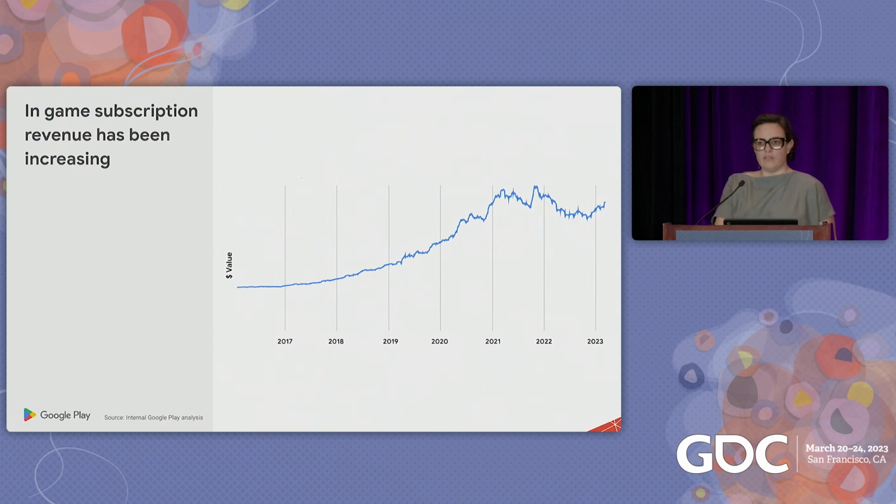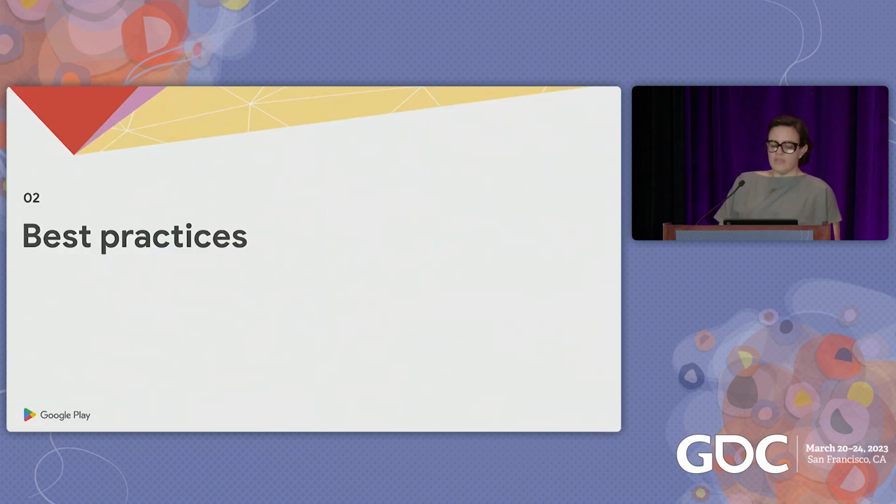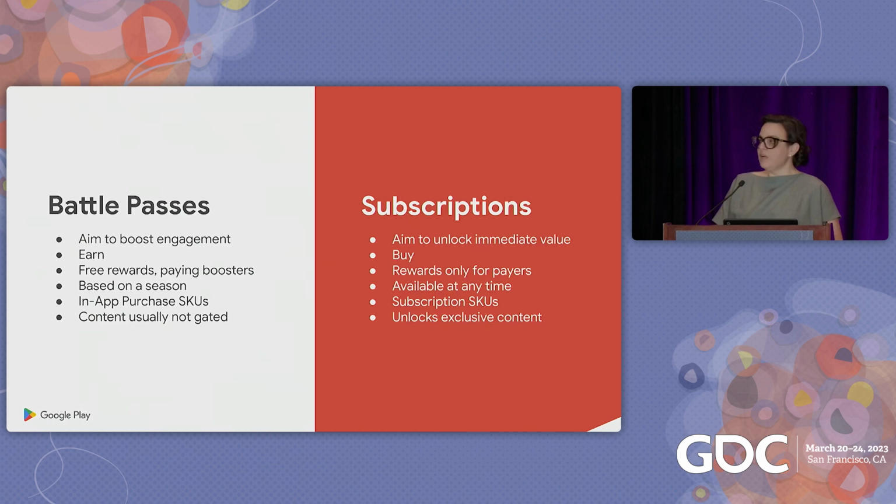So a lot of the strategy for games that have adopted subscriptions is to make sure that you're adding value on top of the in-app purchases to ensure you have an extra revenue stream coming in. So let's focus a little bit on best practices. What I'm going to show next is really focused on stories we have heard from developers on Play and a collection of best practices that we have seen for games that have been able to successfully monetize on the platform. This may seem quite obvious for some of you, so perhaps excuse me if that is the case,